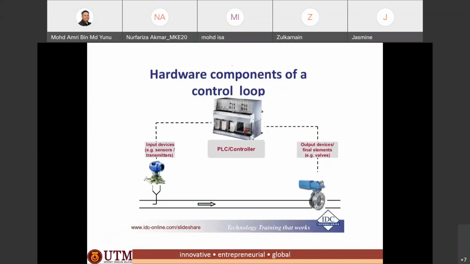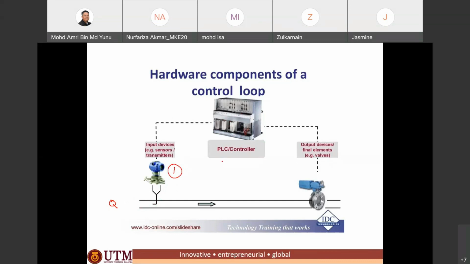Again, the typical components of a control system. Let's say in this example we are controlling the flow in the pipeline, the volume of flow. So what are the elements? First, you must have a transducer. That's the first element. The transducer converts the physical parameter, which in this case is flow rate, into electrical signals